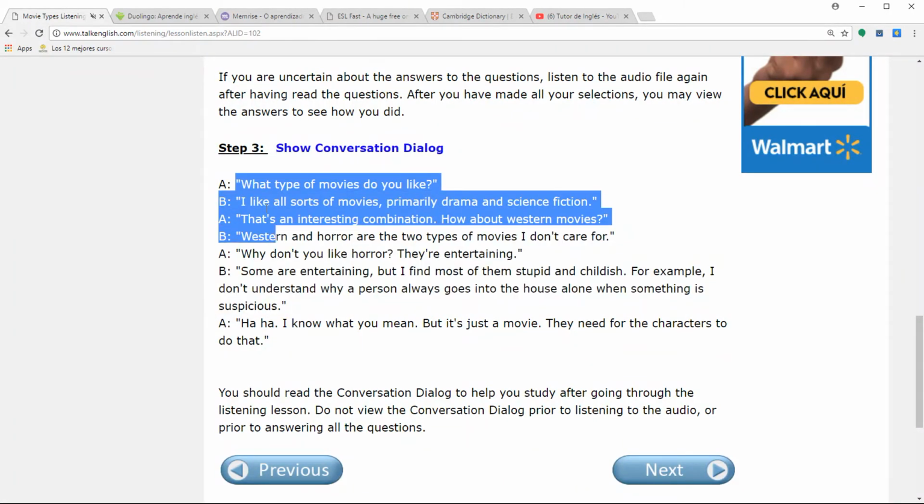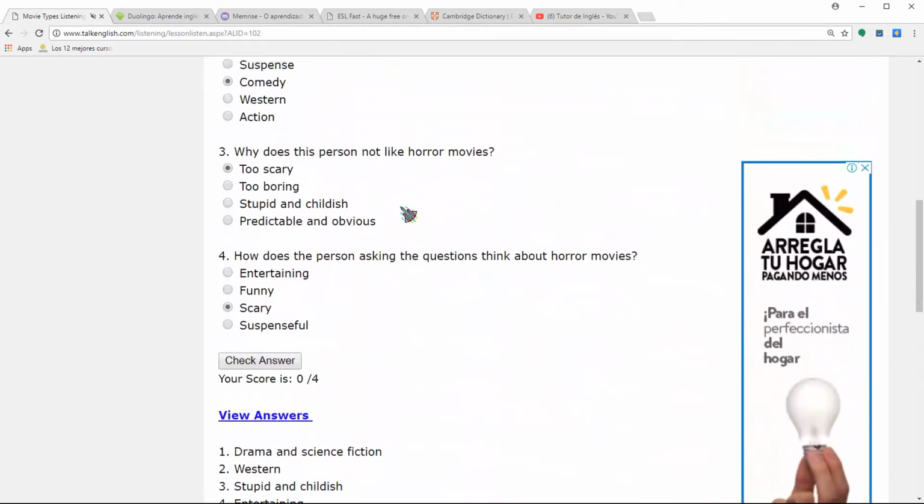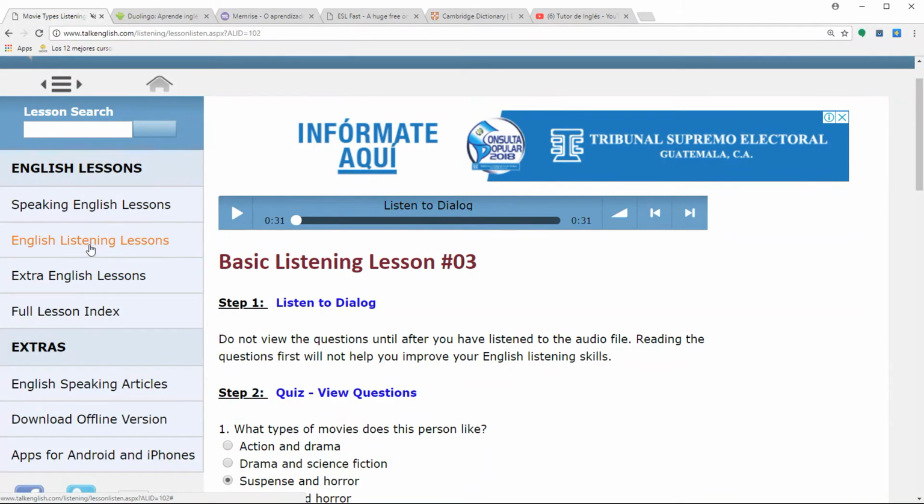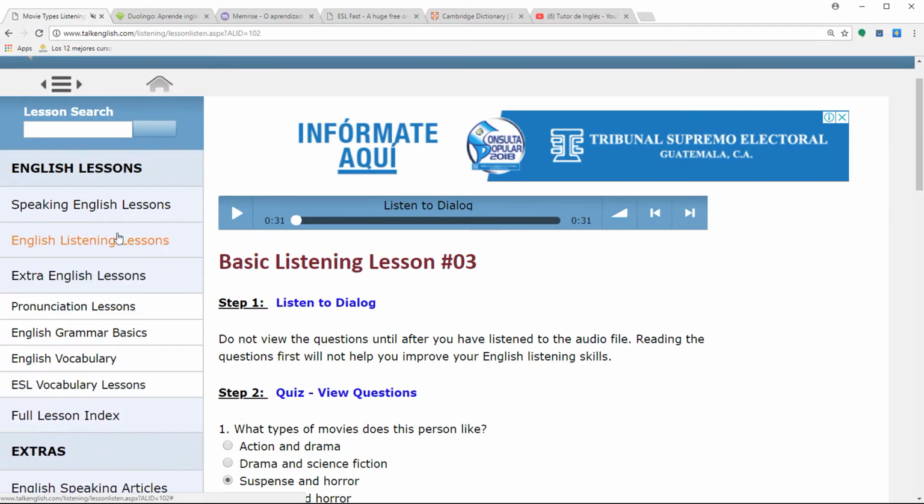Apart from these lessons that we have already seen, here in the left sidebar, there are also many additional lessons that will help you to continue practicing. There is another type of practice that can be done in this site which is very interesting. Here you will find some interactive exercises, but this practice is going to be something similar to a real conversation with another person in English.